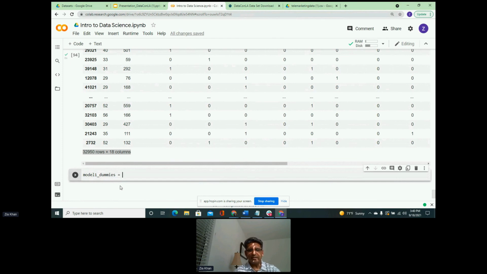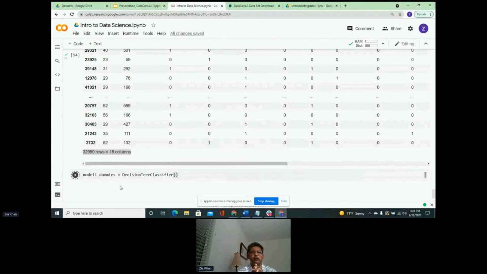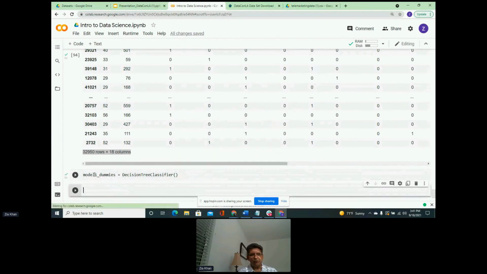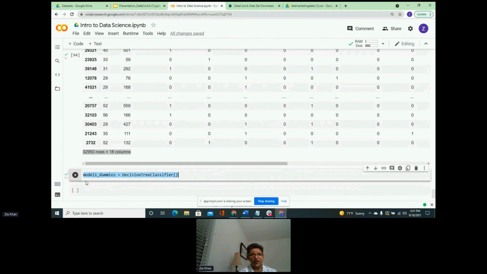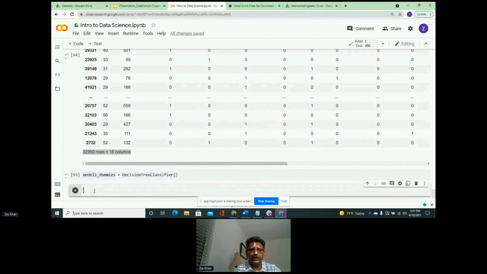So we create this new variable, and we instantiate the class again, DecisionTreeClassifier, and we define that algorithm and save it into this model1_dummies. Once we have done that, the next step is model1_dummies, and then we need to fit.